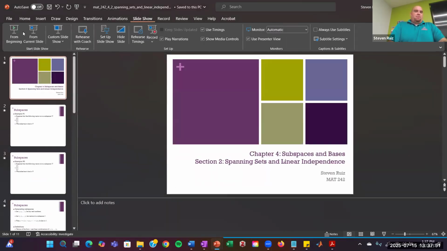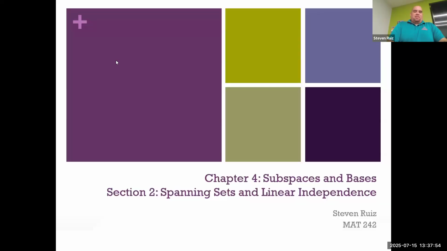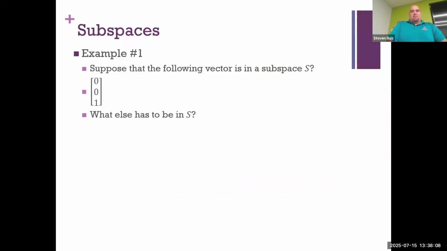All right, section 2. I'm going to talk about some things called spanning sets and the idea of, I think I've used the term linear independence, or I've called things linearly independent before. But I'm sure I have not gone into real formal detail what that means. So let's talk about that. So now we're going to kind of go the opposite way. So in that first section,